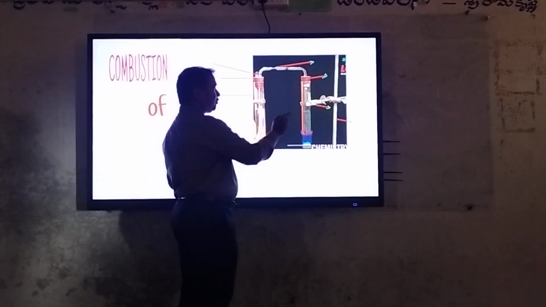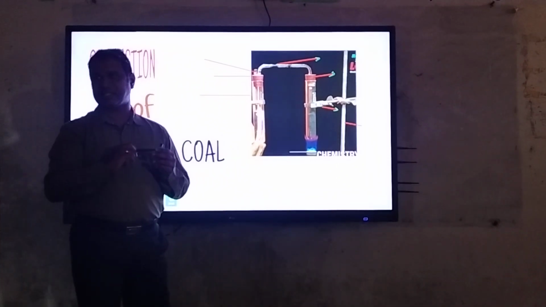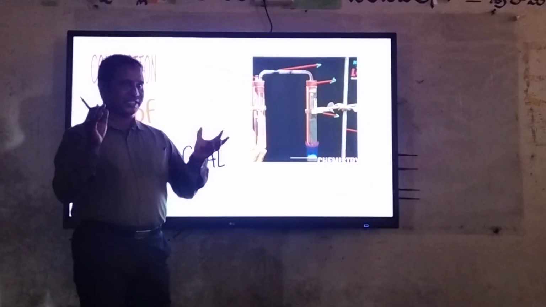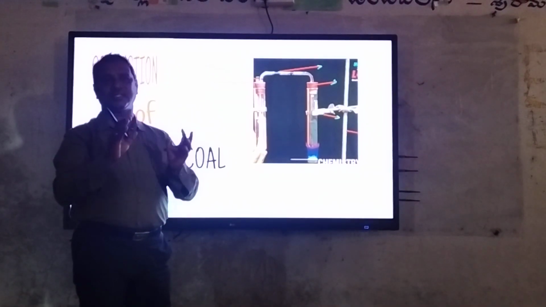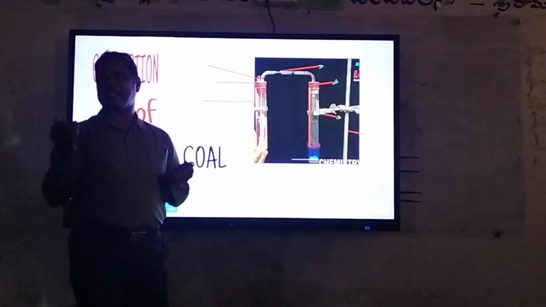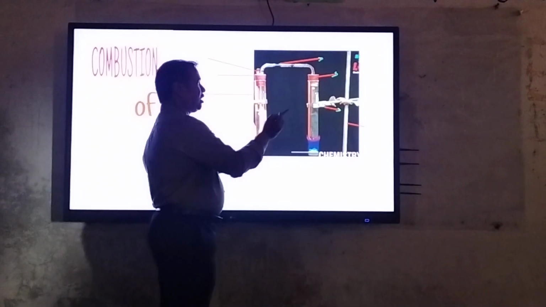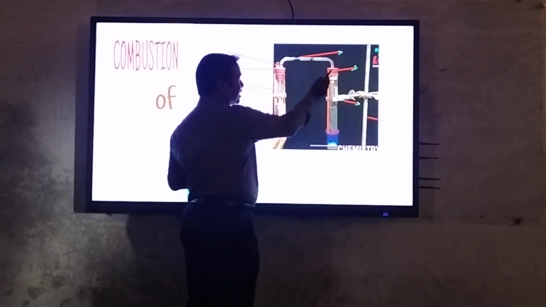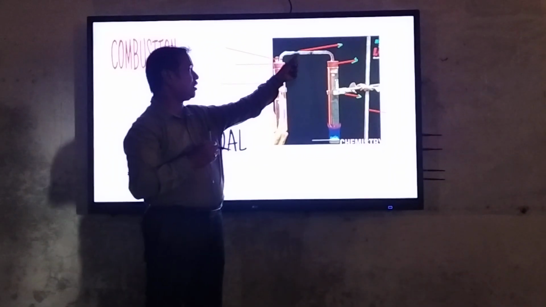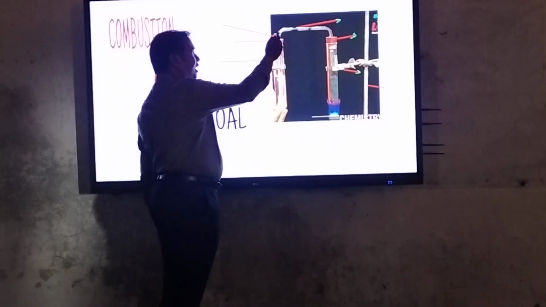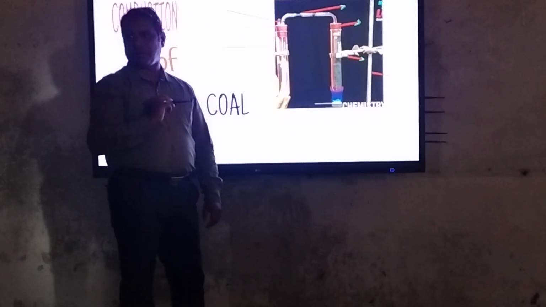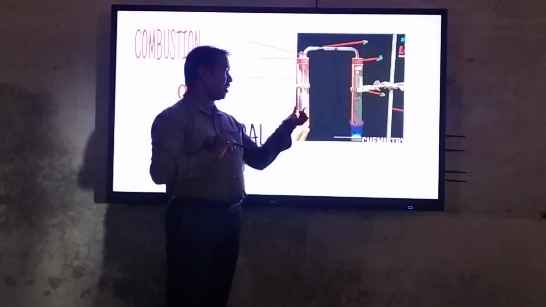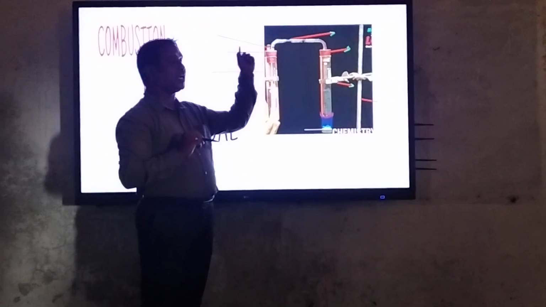So the main motive of the experiment is that coal is a fuel. Coal is a fuel. It can liberate some gases and the gases will burn. Gases give some heat energy. That is the way. Now when the gases are emitted, they are transmitted through the delivery tube. This is called the delivery tube. And they enter into which one? They enter into water, in another test tube that we have taken.